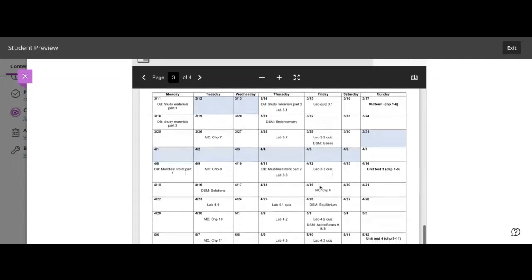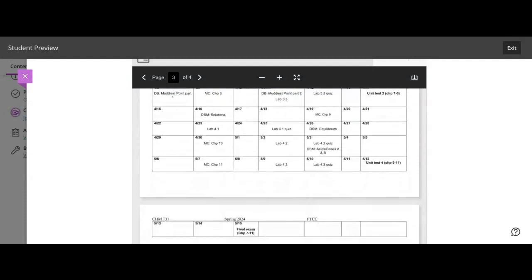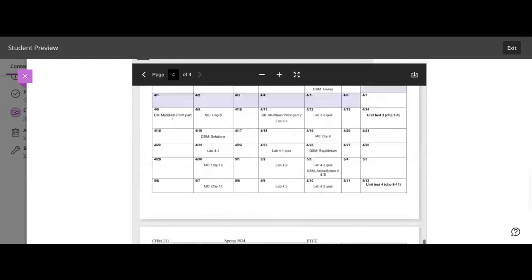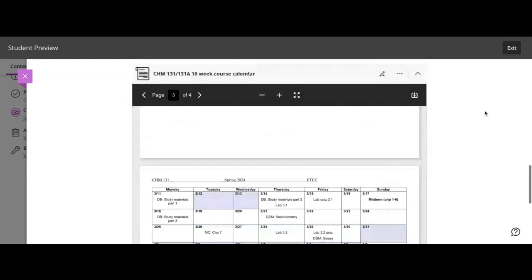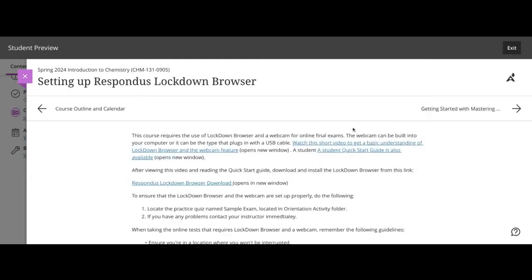It even lists for you the days that we are out for holidays. So please make sure that you maintain a copy of this near you in your notebook so that if there are any issues or concerns, you will know them before they arise.